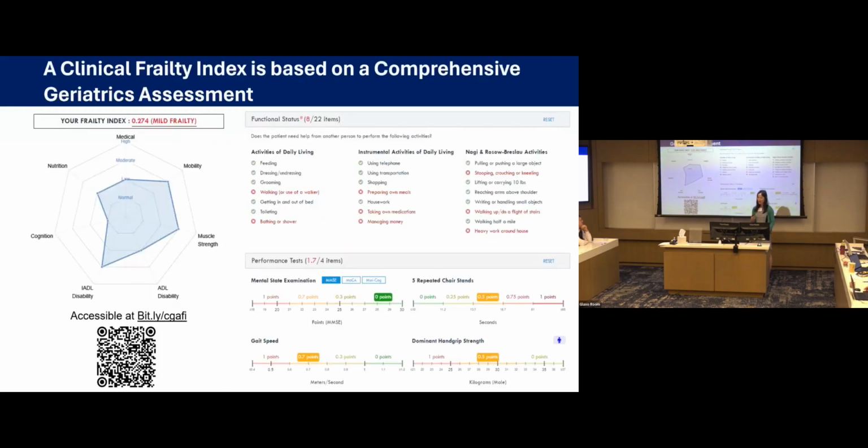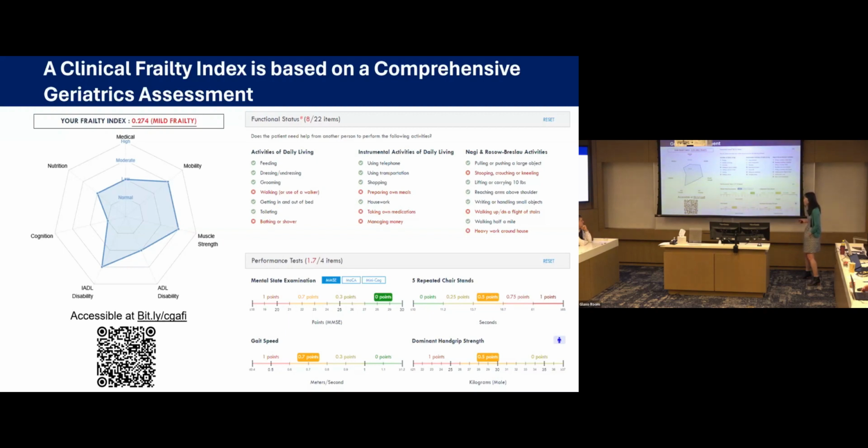Now, clinically, when I see a patient as a geriatrician, something I can do is a comprehensive geriatric assessment. And here, this is sort of deliberately a little bit difficult to see. But you can imagine if I'm seeing a patient, I'm collecting all of this functional information about their activities of daily living, how much they're able to do these things unaided by themselves. Instrumental activities of daily living. Are they able to prepare their own meals, take their own medications, manage their finances? These are physical tasks. I'll ask patients, are you able to walk up a flight of stairs? Can you walk a block or half a mile?